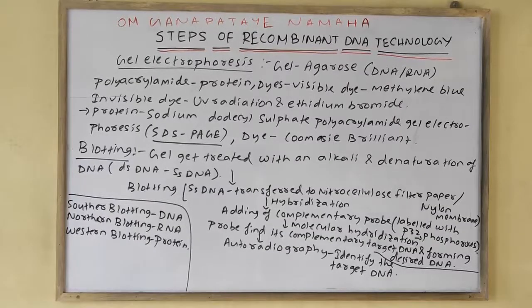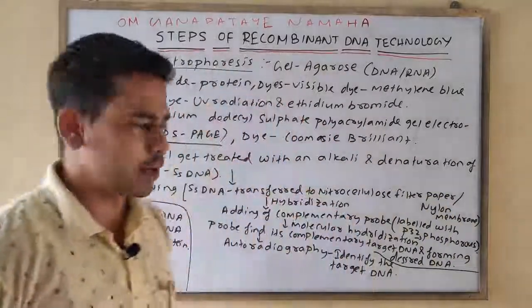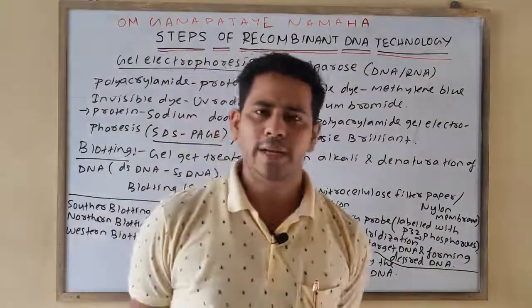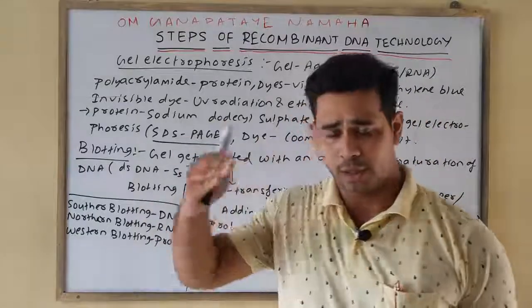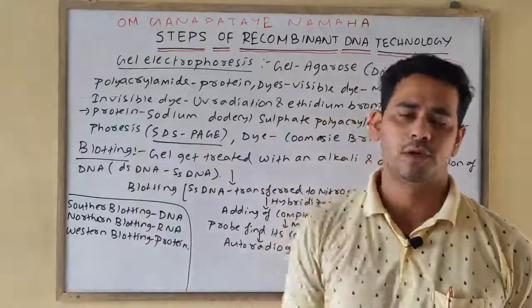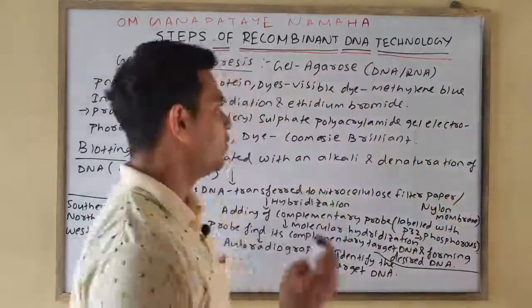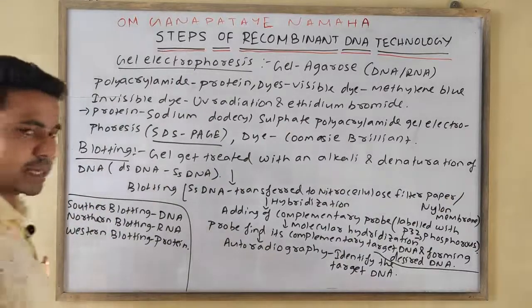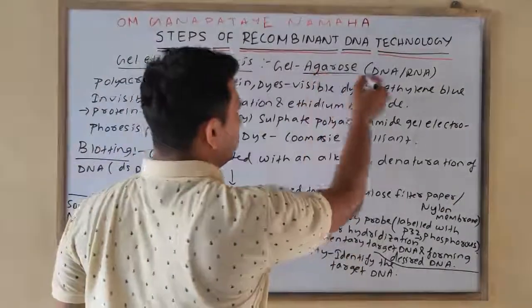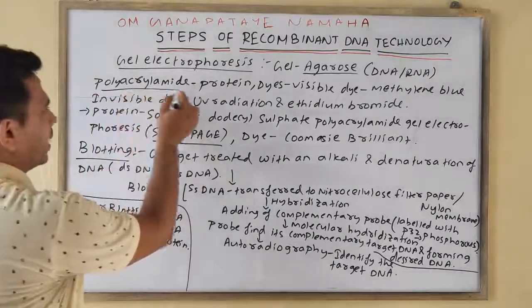Now come to some terms in gel electrophoresis and the blotting technique. We are not going into detail about the writing because it is a conceptual thing, and I have already made you understand the concept or process of gel electrophoresis and blotting, but some important points we must write and know. The gel used in the case of DNA and RNA is commonly called agarose, and in the protein case it is polyacrylamide.